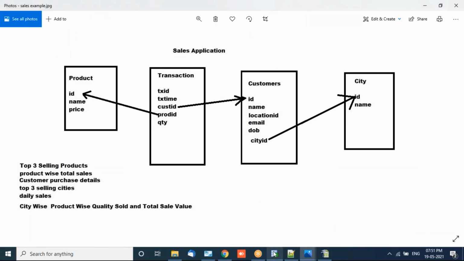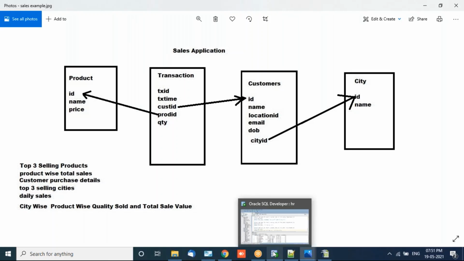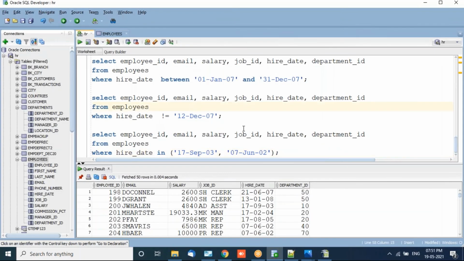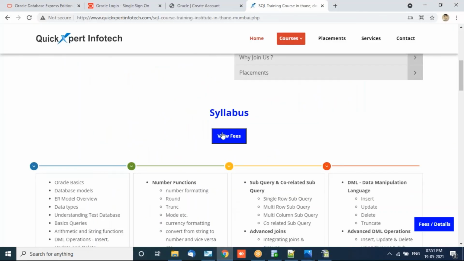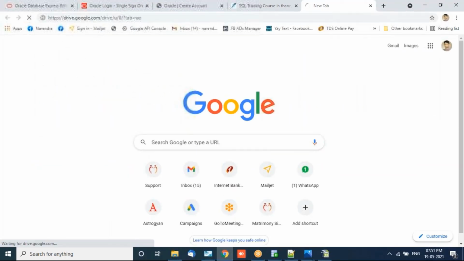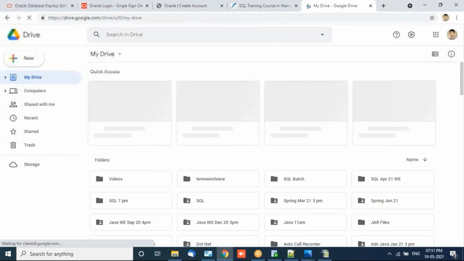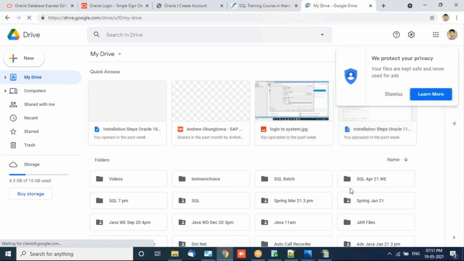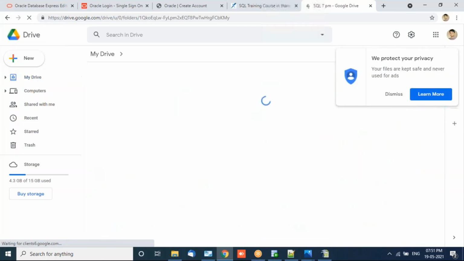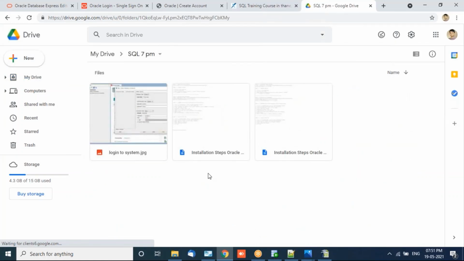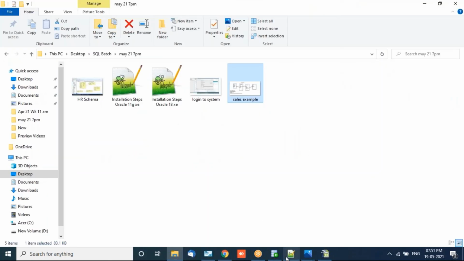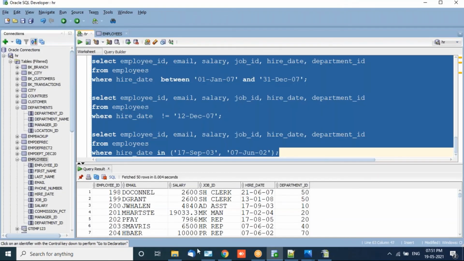Today I'm not taking practice because obviously things need to be installed at your end. But from tomorrow, after I do some practical, I'll be sharing it on the shared drive, and obviously you need to download from there. The access will be given. Even right now I'm sharing the material with you guys, along with today's session what we have taken.